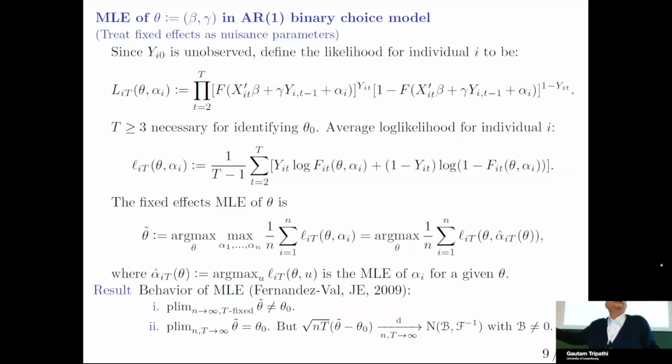So you can already see the problem: as the number of individuals increases, the dimension of the nuisance parameter space increases. And not surprisingly, standard maximum likelihood, which requires a nice compact parameter space, the standard assumption, gets destroyed right away. And so it can be shown that when you compute the maximum likelihood estimator, theta tilde,